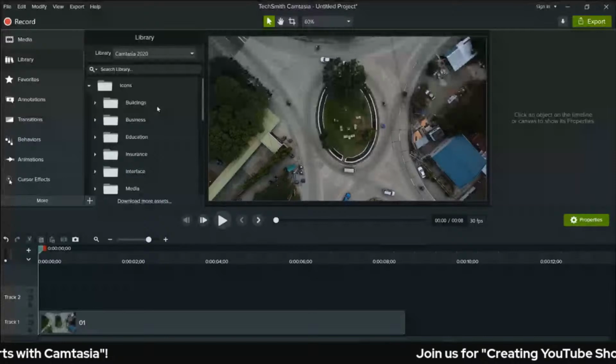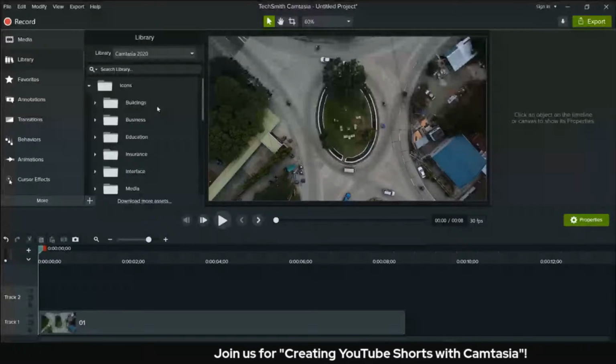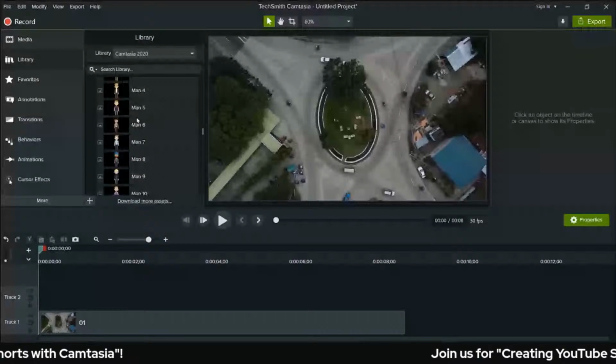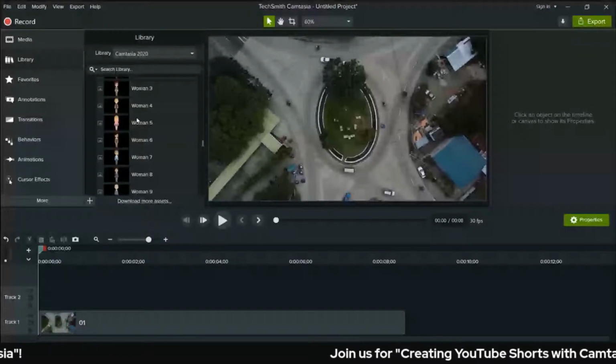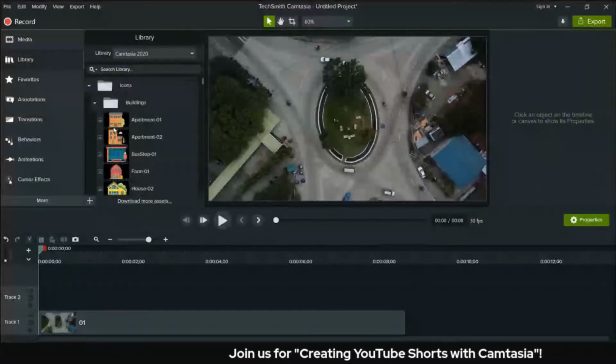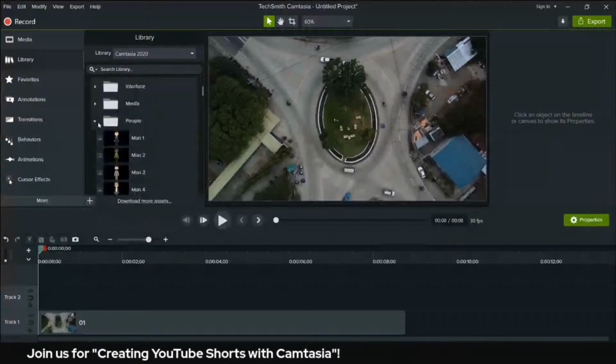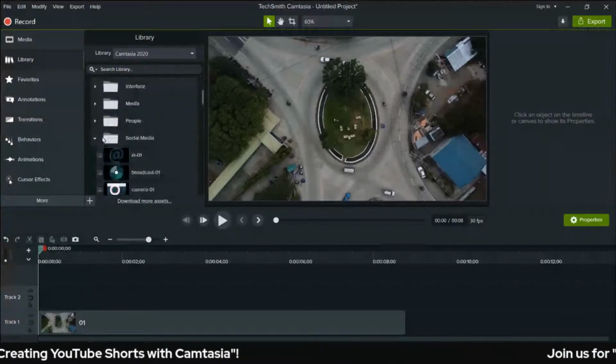You can see here when I drop down, here are some icons ready made in Camtasia. So from buildings to people, social media, we also have universal,